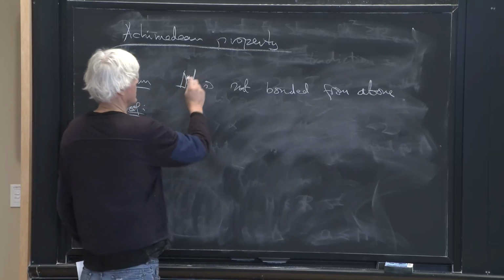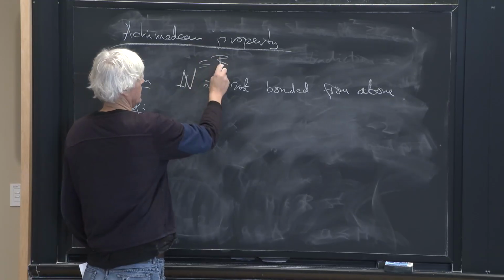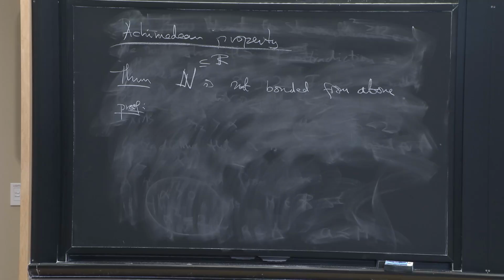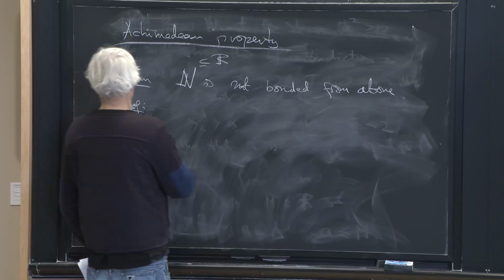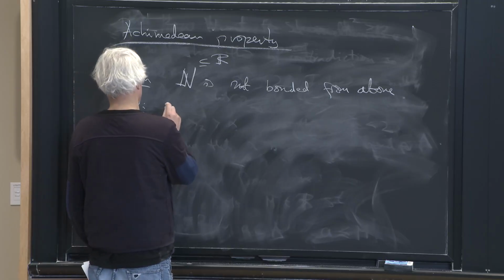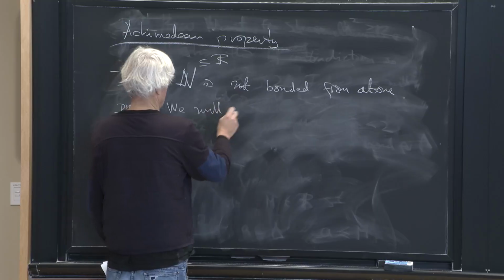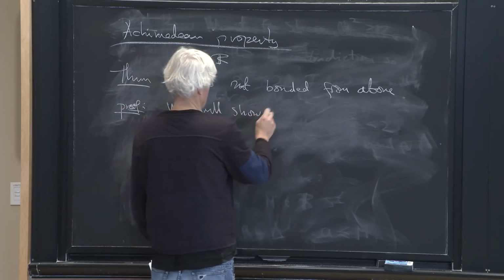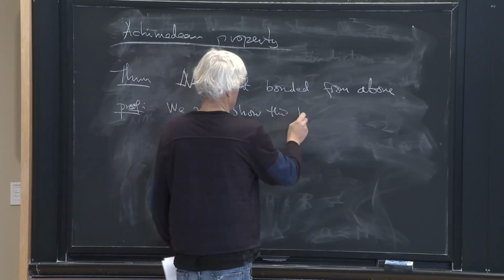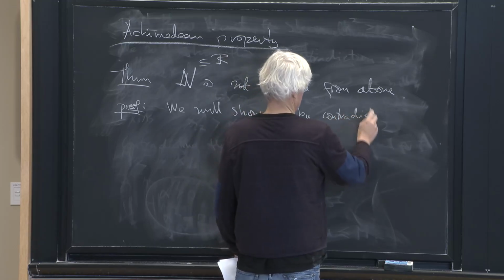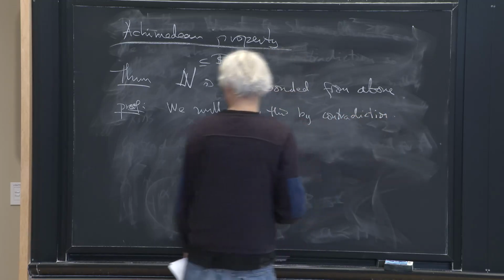So again, here we're thinking about things as being subsets of R. When we don't really mention it, we always think about it as being a subset of R. And so we will show this by contradiction. So suppose